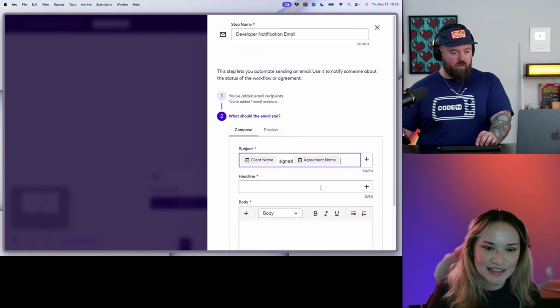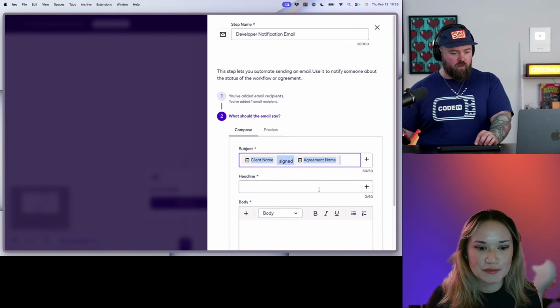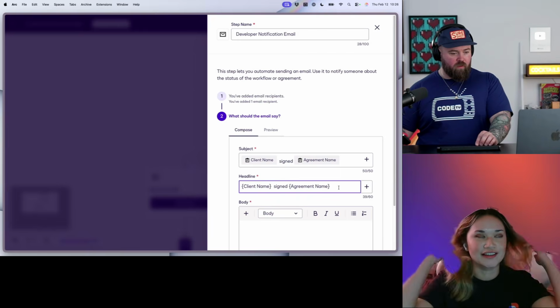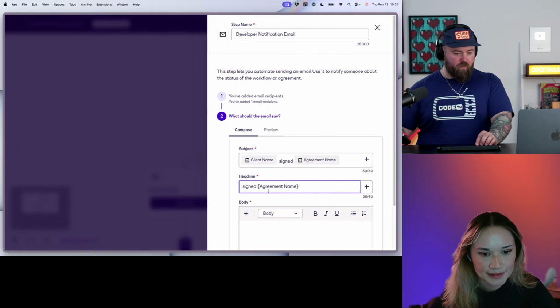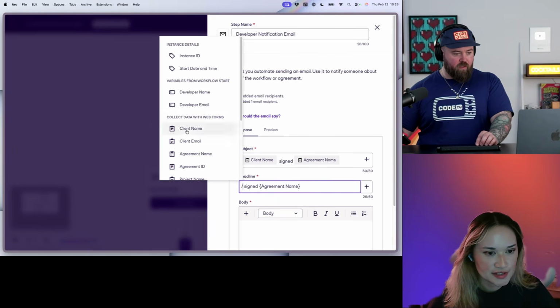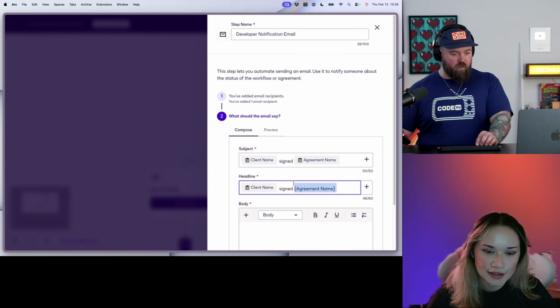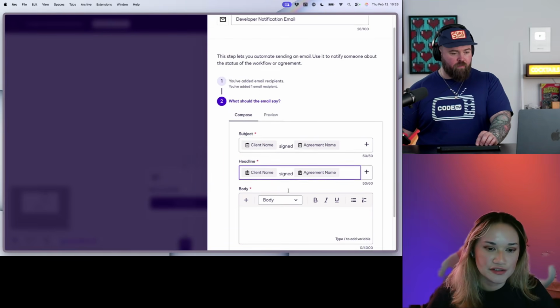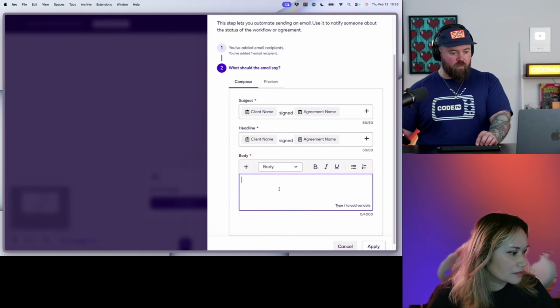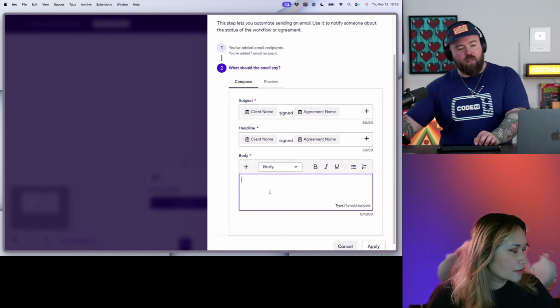Yes, there you go. You can do a headline too, so that's like the subject line on the top of the page. Nice. You can do the same things in the body, any of those variables that you select from collect data with web forms will fill in. Great. So that's perfect.